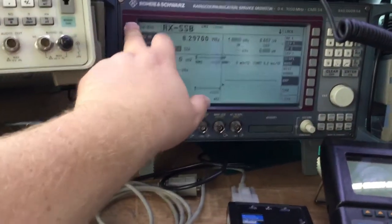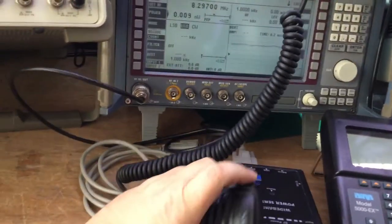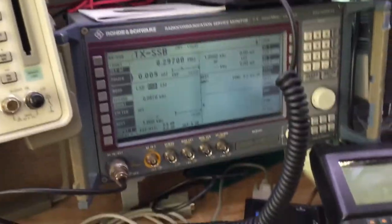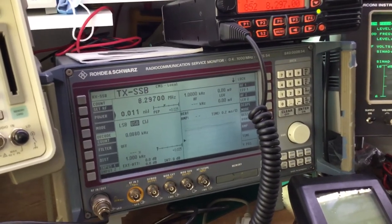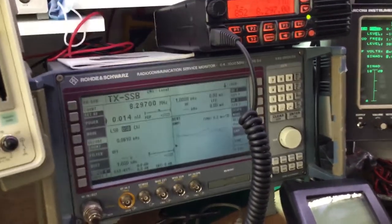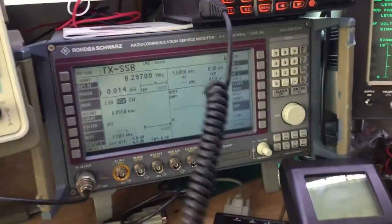Okay, and then likewise on transmit mode, we can just turn that down so we can key up. Now the thing with this radio test set is it's quite a complex beast to set up, because you've got to adjust all kinds of parameters and settings, and it's not a particularly user friendly format in comparison to, say, the Hewlett-Packard or the Marconi. But you can get the gist of it once you've had a little play for a while or read the manual. But if we broadcast on this radio set to, I think it's 50 watts there,